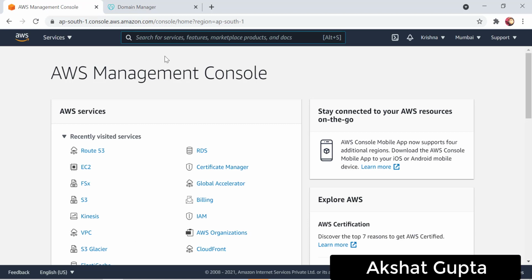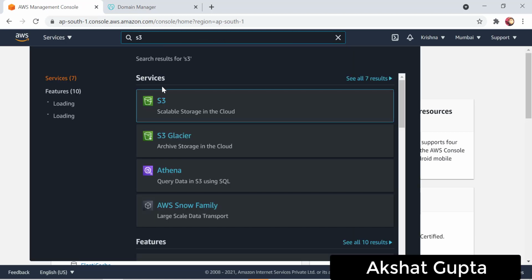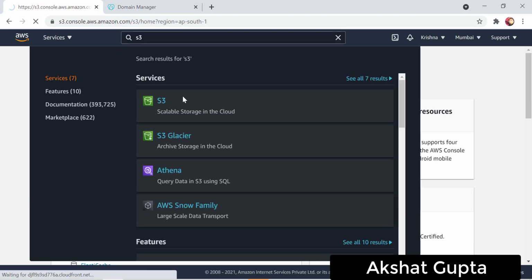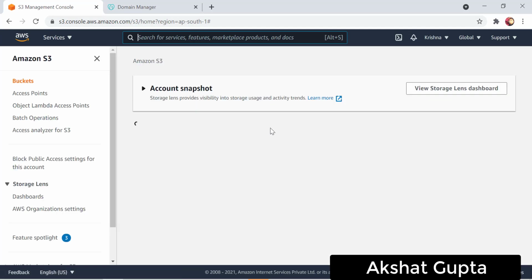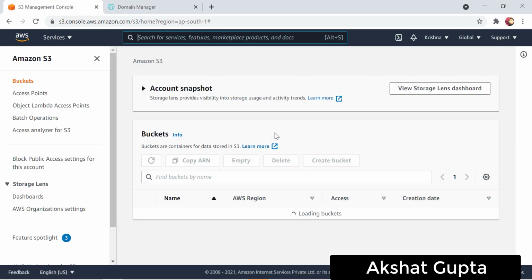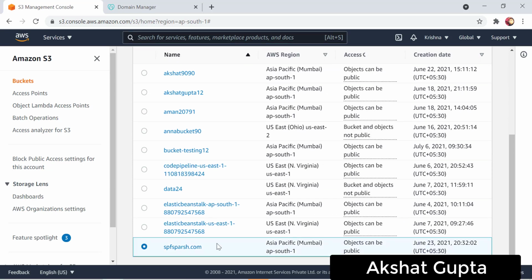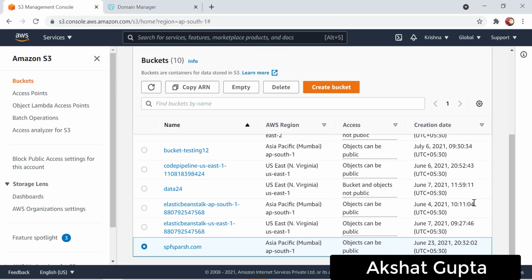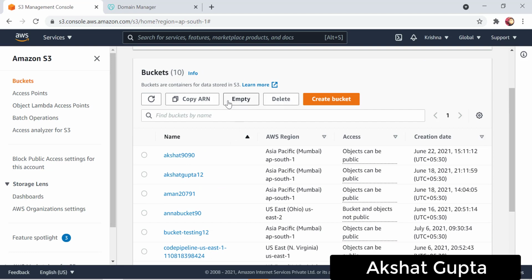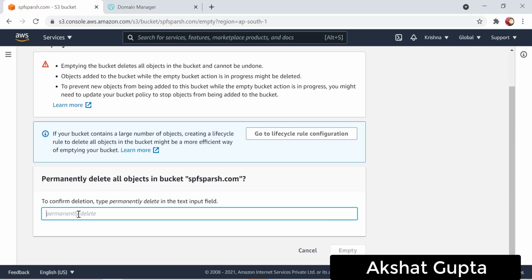For that, first of all you need to go to your S3 bucket. I have already created one bucket, which I was testing some days before. So let's delete whatever is there in this bucket.